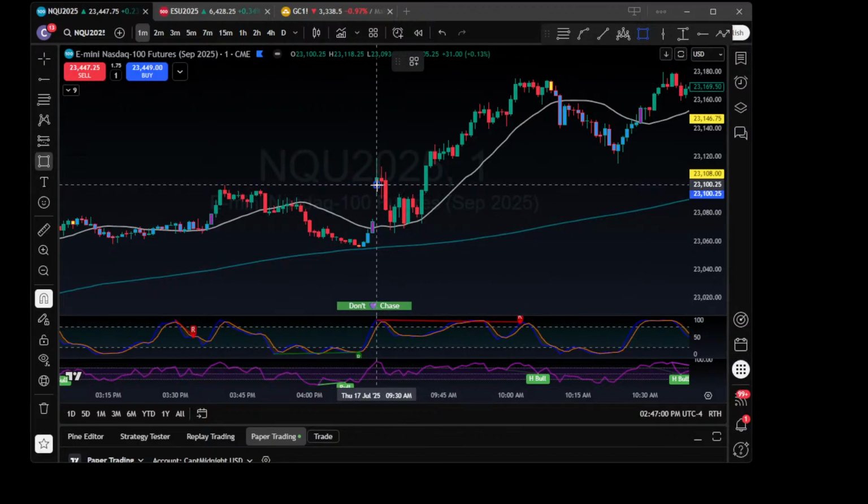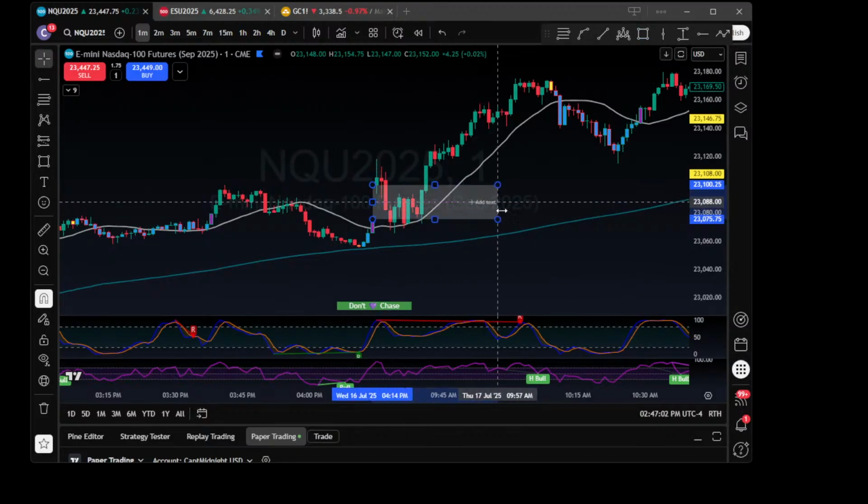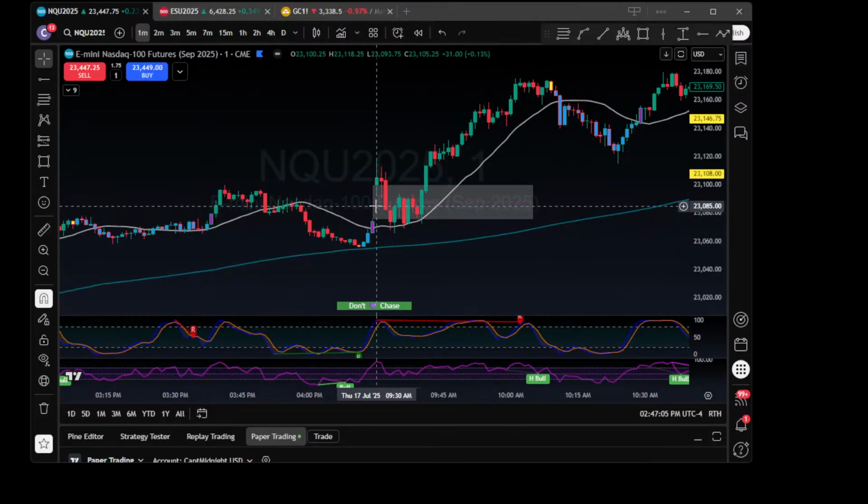This is a tricky one. Probably wouldn't have taken this one at all. You get the gap here, but your gap is already taken out 50%. So this might be a no trade. Well, after it sweeps this and makes that fair value gap, I still only got tagged in because it never came back. So this is a no trade.